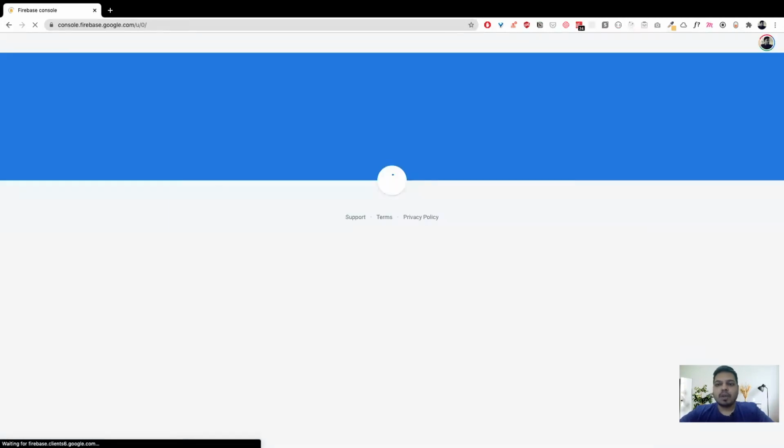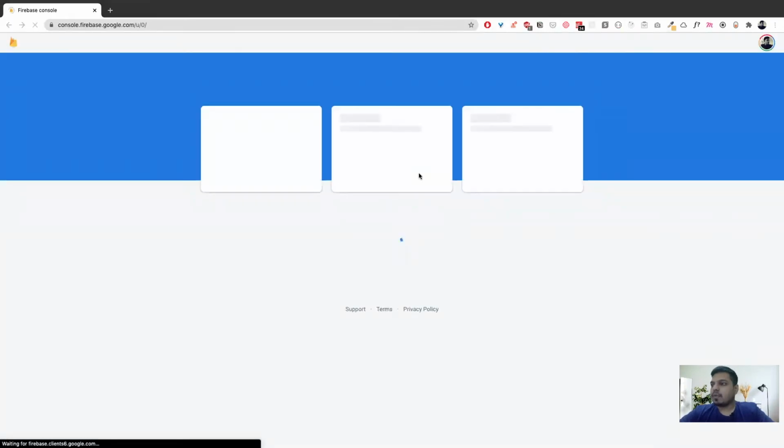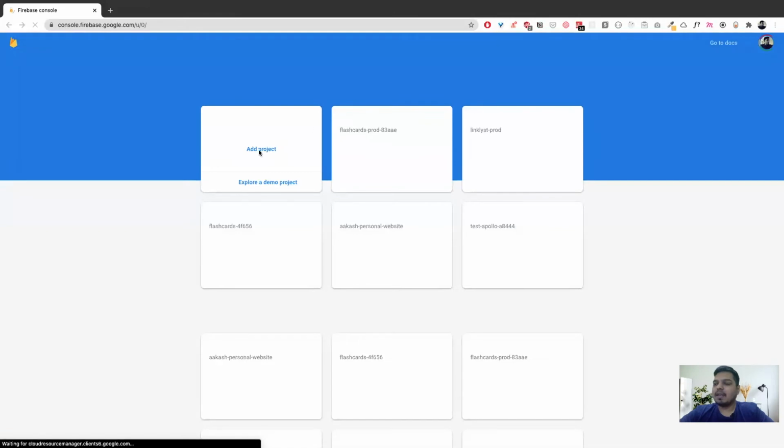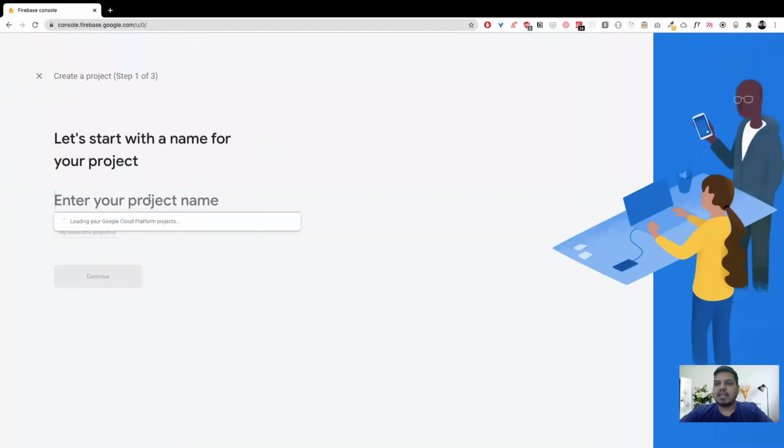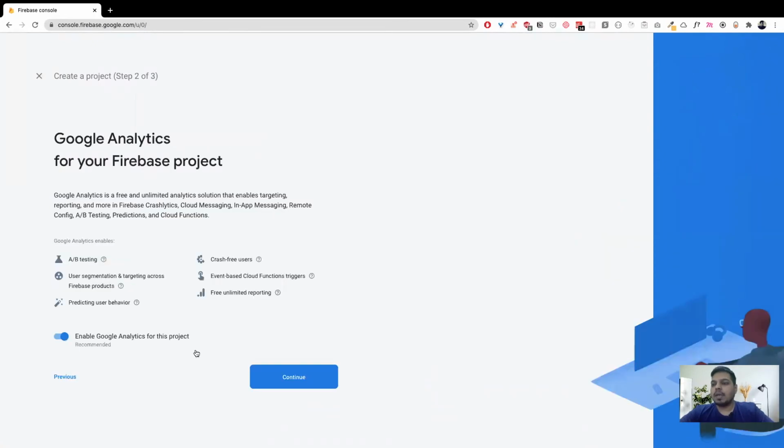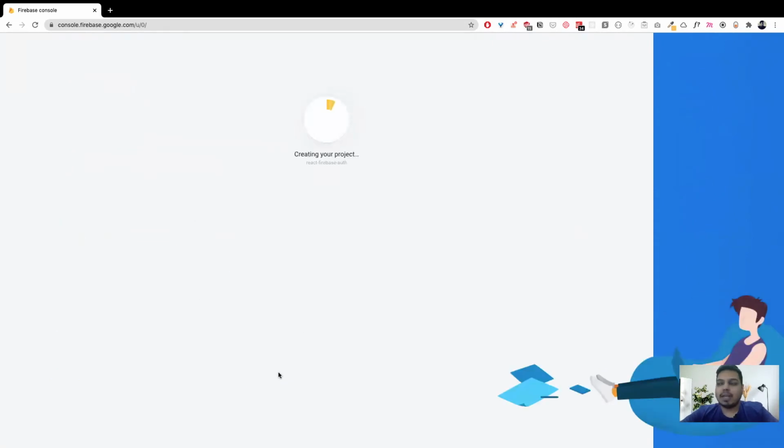So let's quickly create a new project, click add project, and let's name it React Firebase Auth. Awesome. And we don't need this, so don't enable Google Analytics for your project. If you want to, you can enable it, but let's just remove it, and it will take some time to create the project. So let's just wait for a second.